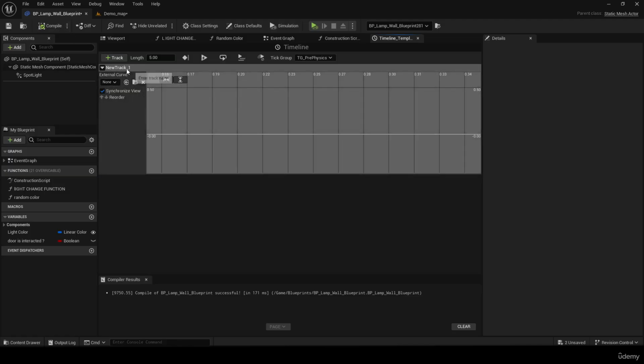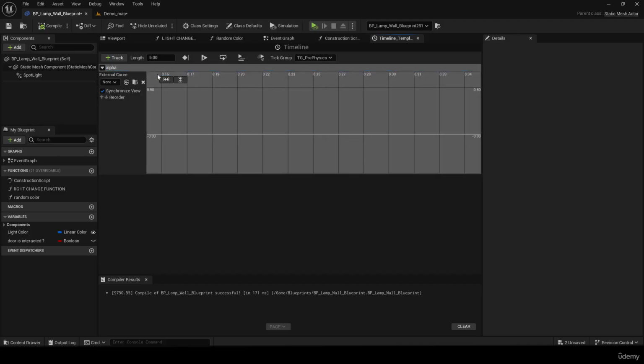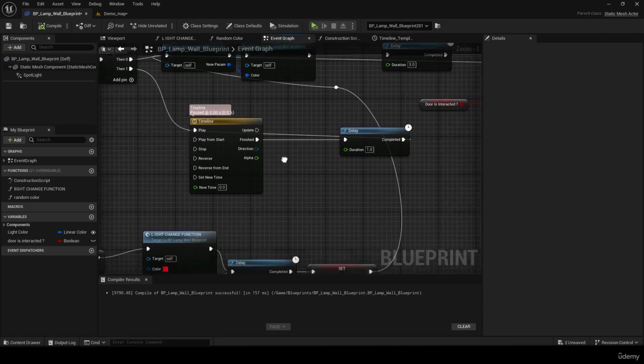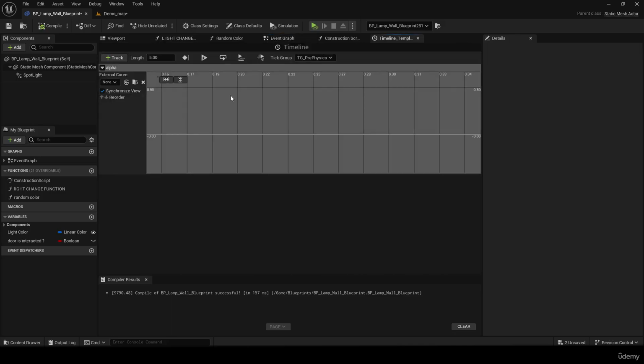We're going to call it alpha. We're going to compile it, go back to the event graph, and now we have a float value that goes nowhere at the moment. Let's make the lights rotate for 8 seconds, and in 8 seconds the value will go from